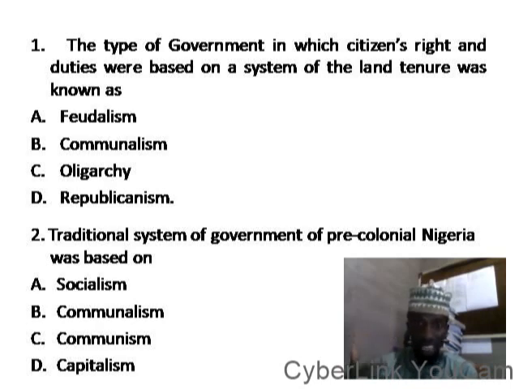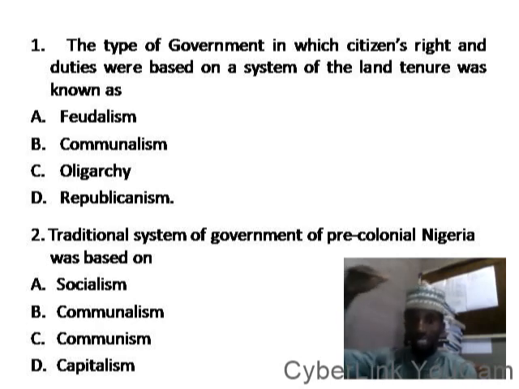In feudalistic society, land gives status to the people. If you do not forget, we have the lord, who is the owner of the land, that inherited land. We have the vassal or knight, a military personnel that got a piece of land through military service. Then we have the serf, the laborer that is working on the land. So the status of an individual is defined by his relationship with land.